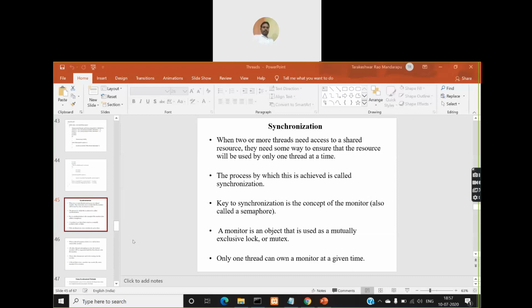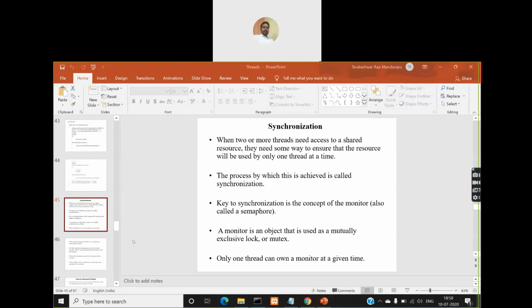So if one thread wants to access one file and another thread wants to access another file, then we don't have any problem because both of them are accessing two different files. But if there is only one file and that one file is being accessed by two or more threads, each thread wants to access the content from the same file, then comes a problem. So such a file or such a resource is called a shared resource. What do you call it? Shared resource. Okay. So that is nothing but a shared resource.